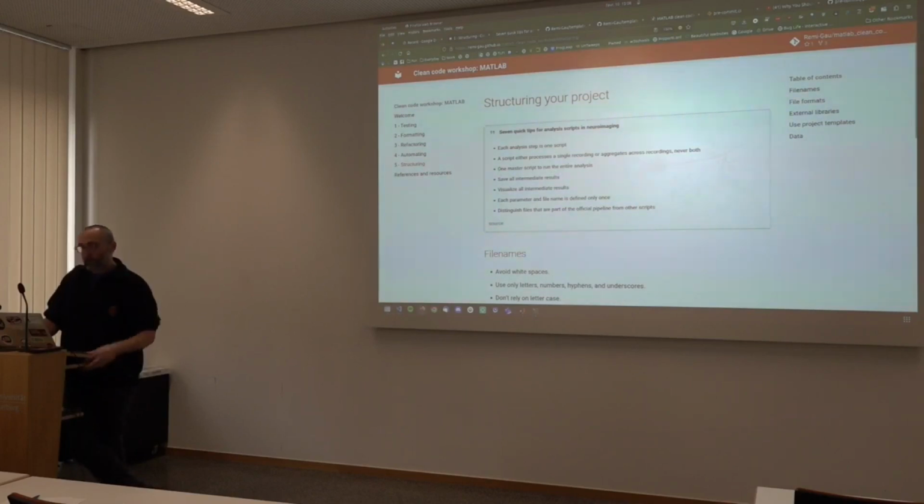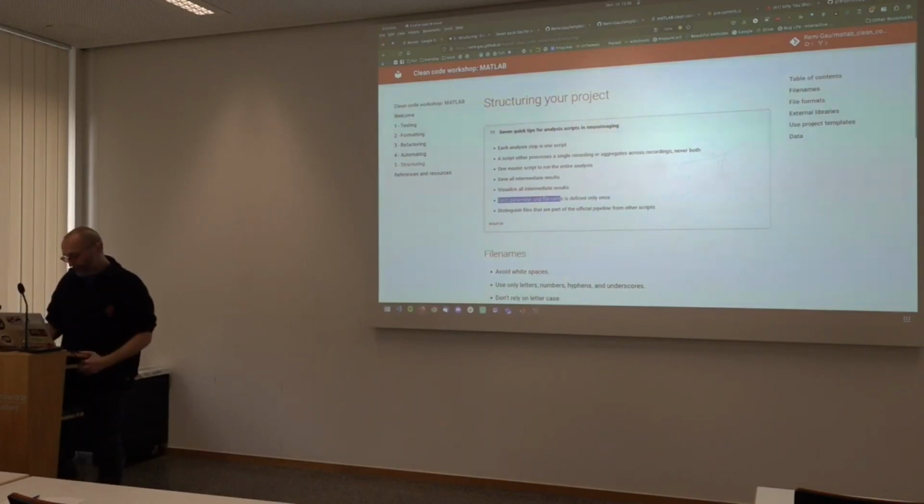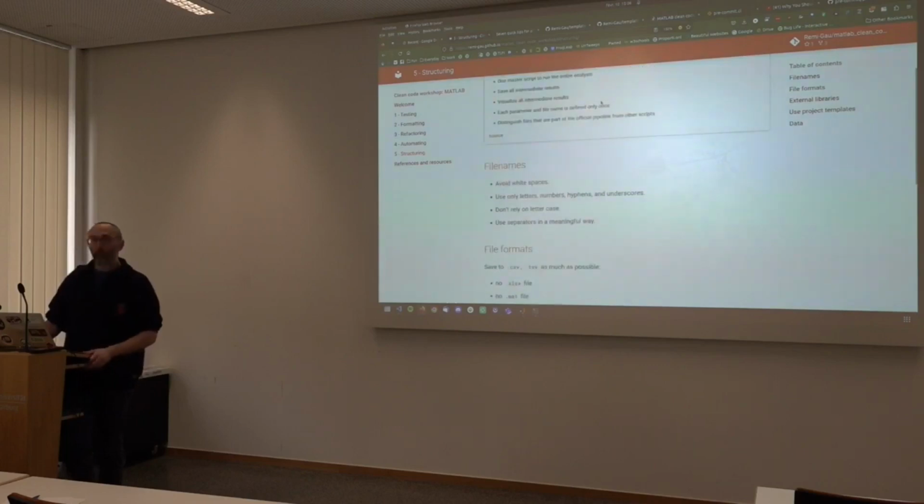I think further down the line you can have a single script that tries to run everything. With that, one thing is super important: make sure that you save intermediate results so you can easily check them and visualize them. And each parameter and filename is defined only once. That goes back to the idea I was telling you: try to have a configuration where you can easily change variables to change your analysis. That's super useful. Definitely one of those little papers that's good to have a look at to give you pointers on how to organize your project.